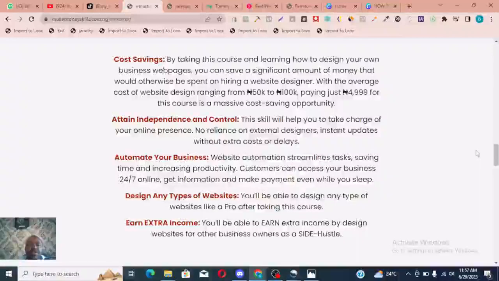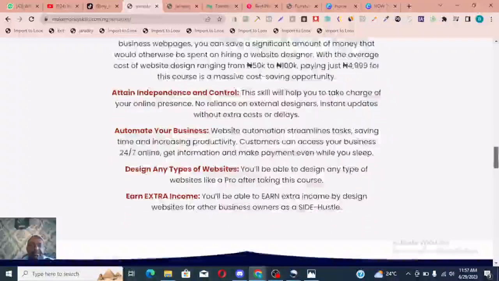Three, you speed up your timing. Because if you want to change something in the night, you can just log into your back end and change the thing without waiting for an external web designer who is going to tell you, oh, I'm busy. So these are the benefits you gain if you sign up for this course today.